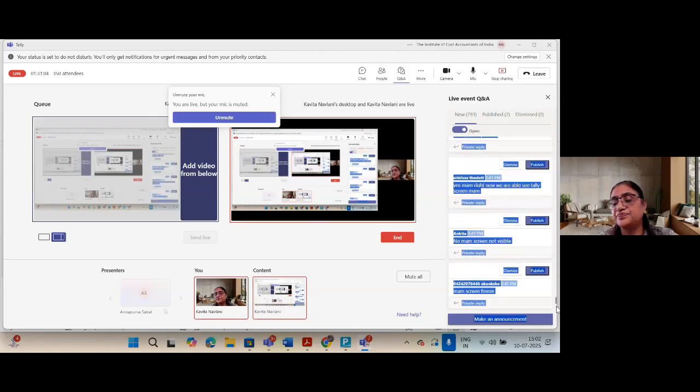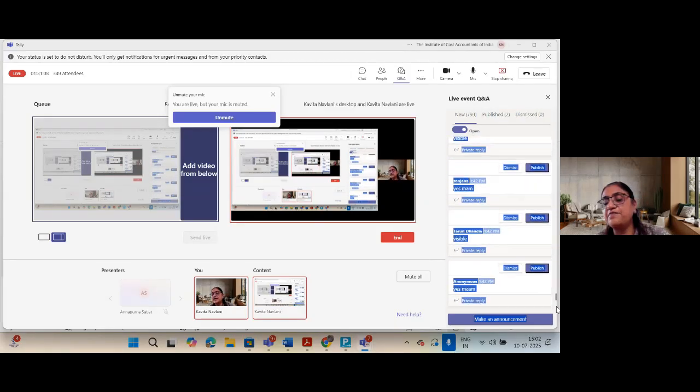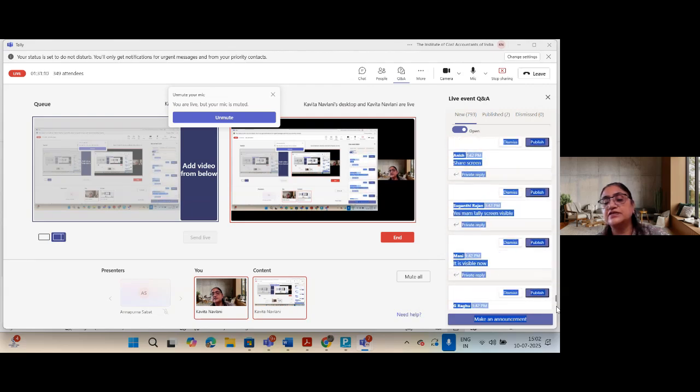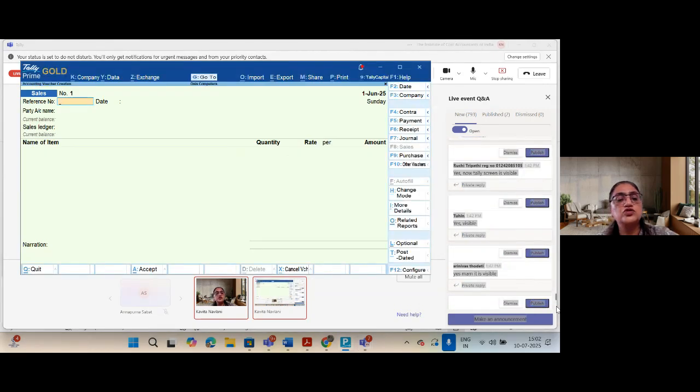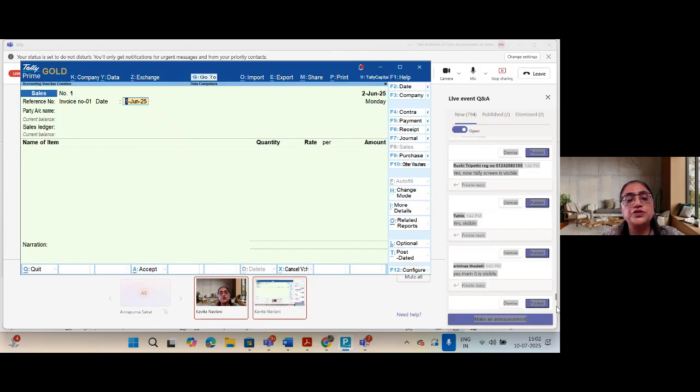Okay. So when you press F8, then again party name in sales ledger. So reference number, invoice number 1, enter. F2, 2nd June. Then party name is